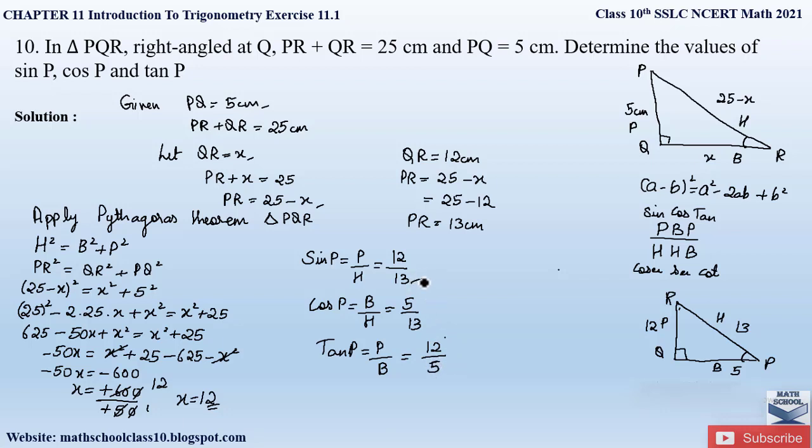So these are the three trigonometric ratios which we have to determine, that is sin P, cos P and tan P. Since we have to find out the value of sin P, cos P and tan P, you can draw this acute angle at the base in this main figure itself, so that you no need to draw this figure again to find out the trigonometric ratios. So this is how we solve this problem.